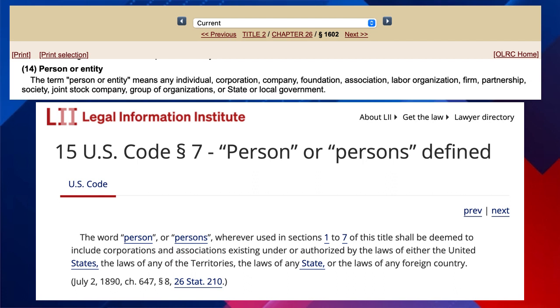If you didn't know, the city that you live in is a person. The county that you live in is a person. The state that you live in is a person, and also the country that you live in here is a person. The businesses that you patronize every day are also persons. So these are separate people or persons or entities that are on paper. They have all the same rights and everything that you have. The only difference between you and a person is that a person cannot have a baby.